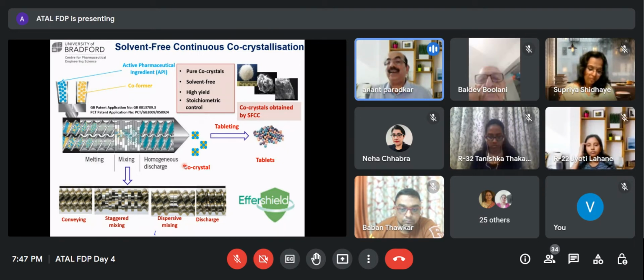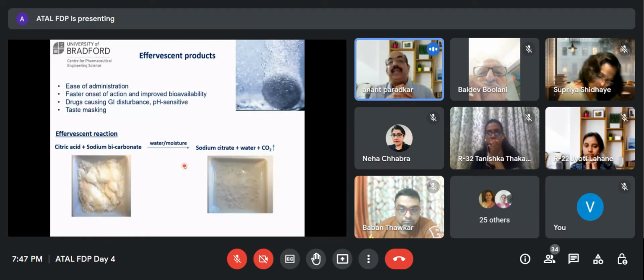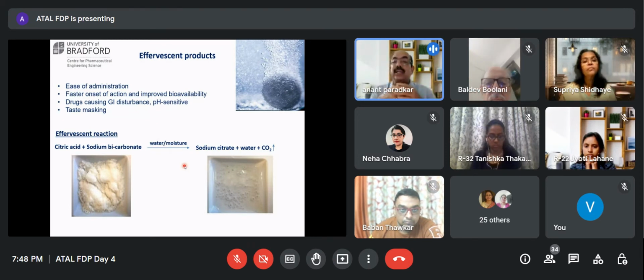And on that I received a £500,000 grant and many other grants to study how exactly the melt extruder works and makes the manufacturing of co-crystals possible. We discontinued this, but we learned many things. And then I used melt processing for... I thought that instead of process, let me go